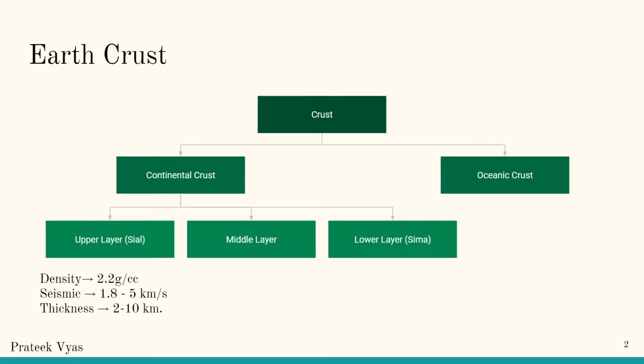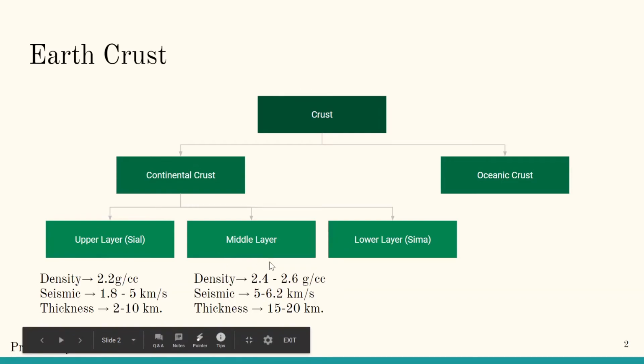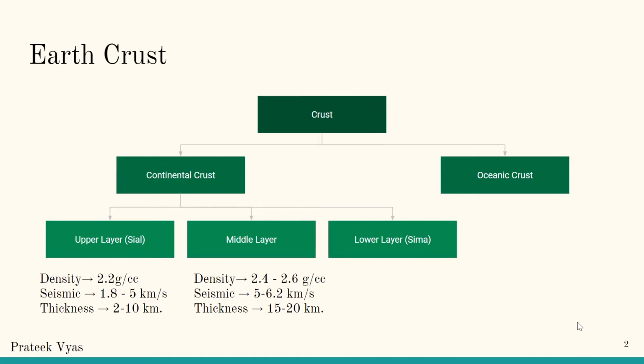The middle layer has a density in the range of 2.4 to 2.6 gram per centimeter cube. As you can see, the upper layer is less dense than the middle layer. The upper layer floats on the middle layer, just like ice floats on water. The middle layer has a seismic velocity of 5 to 6.2 km per second and has a thickness of 15